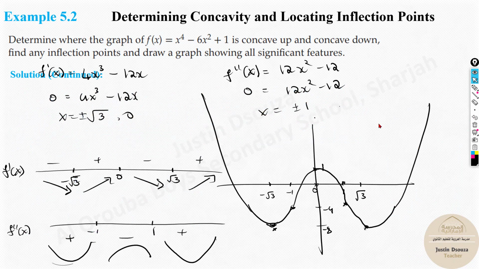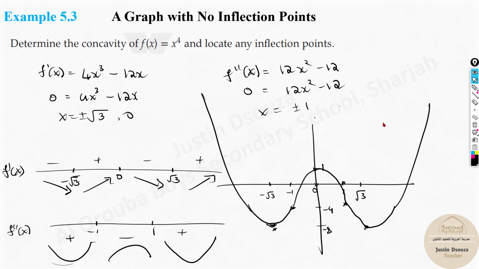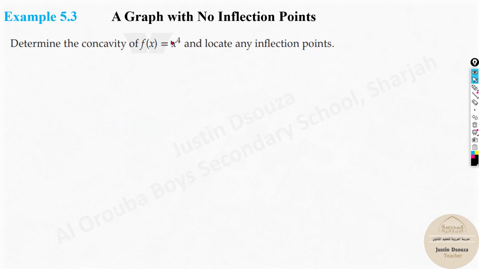Now you can just follow this method: first derivative, second derivative, the number line for the first derivative, number line for the second derivative, and the graph. That's it. This can be done for all the problems. Now over here, see, we have a problem where there is no inflection point. In the sense,